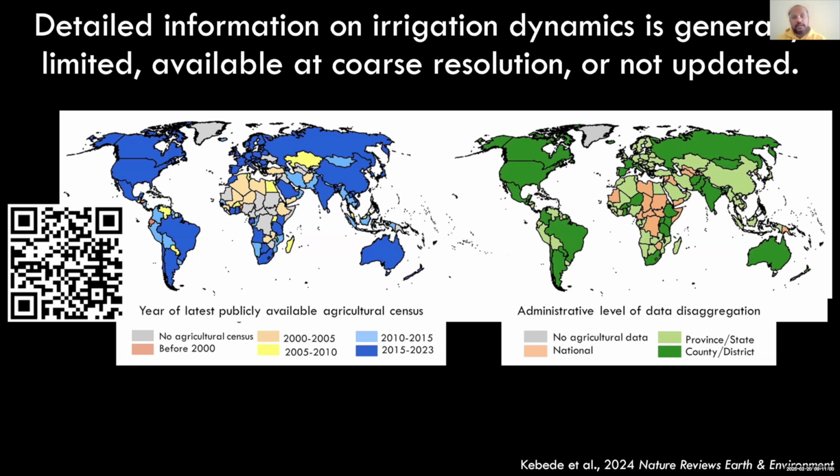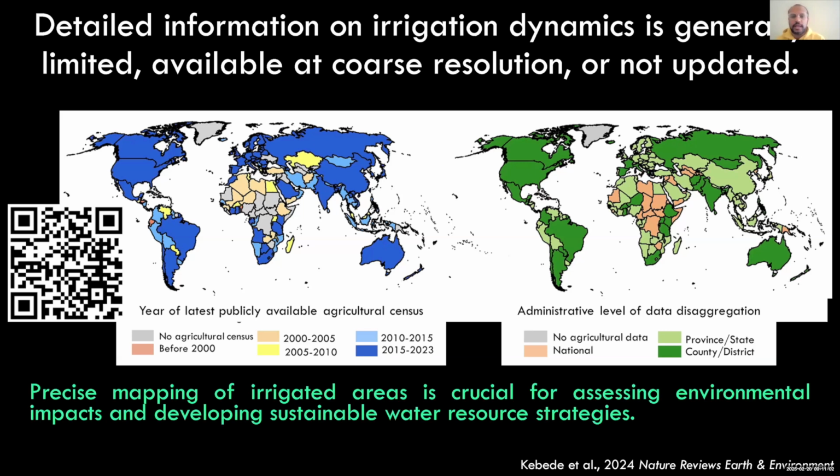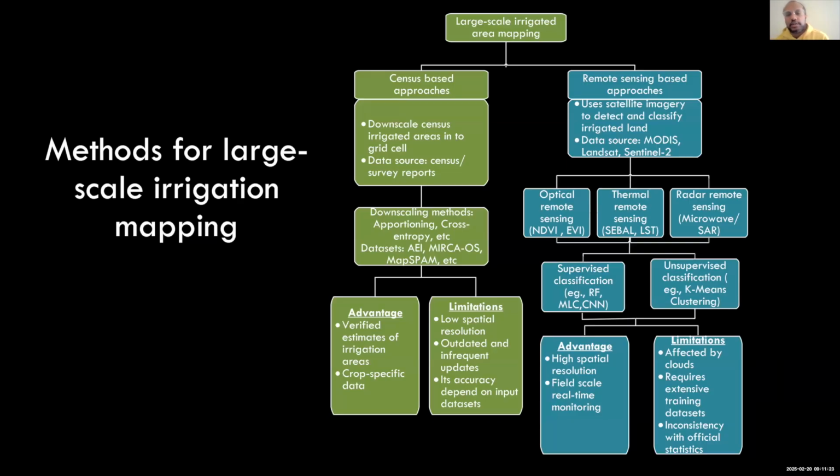One way of addressing it is preparing irrigated maps through the integration of several open source data sets and remote sensing technologies, which enables assessing the environmental impacts of irrigation, as well as developing strategies for sustainable land and water management. General large-scale irrigation mapping can be classified into two broad categories. One of the categories is the census-based approach, where mapping of irrigation highly depends on the availability and quality of